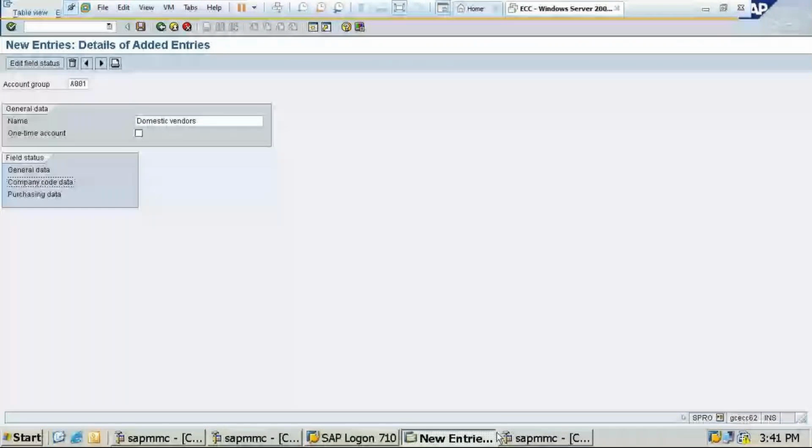So everyone have written this one? Even you write down, Monica. Once you click new entries, account group, name, then double click on company code data. Others, everyone have written? Okay. So now if you double click on company code data,